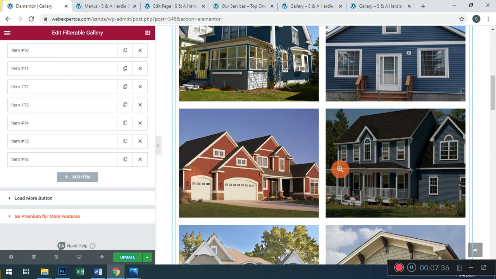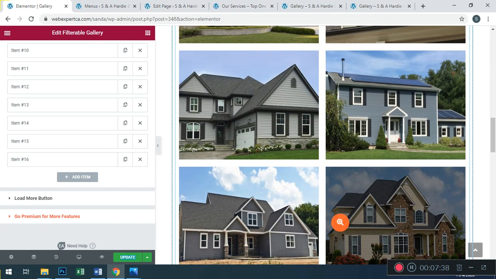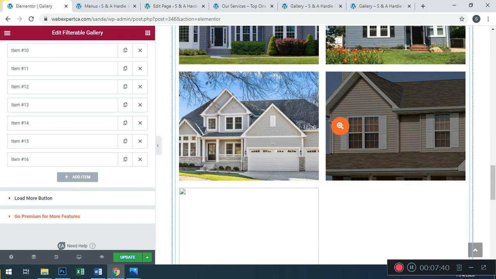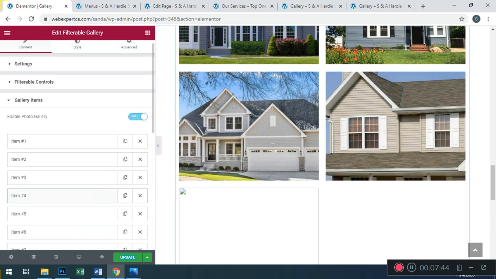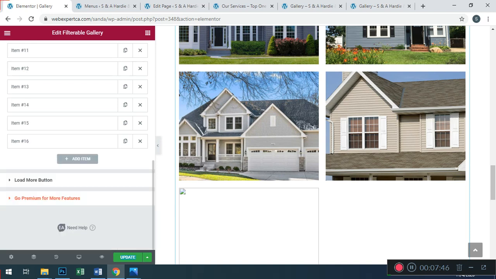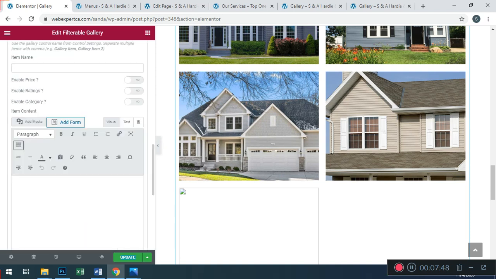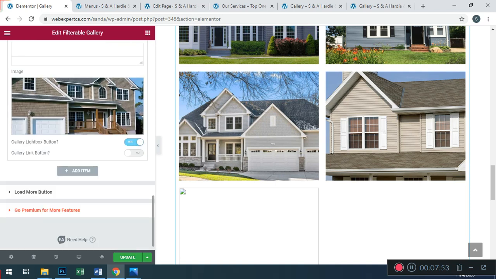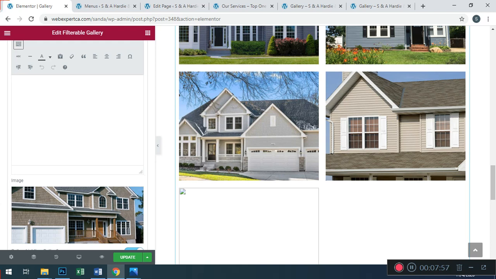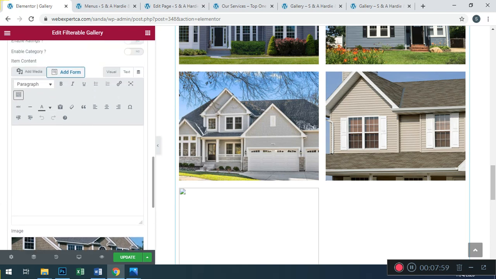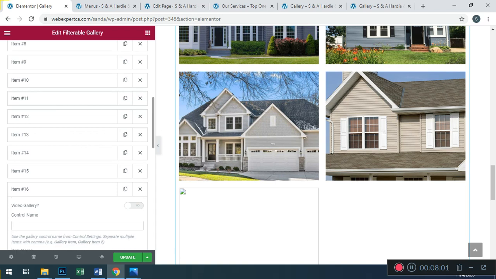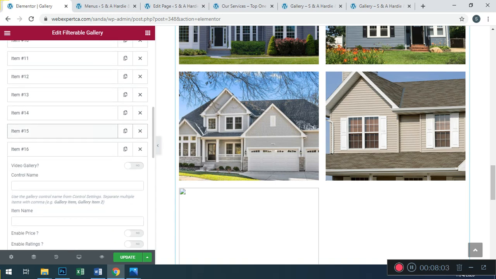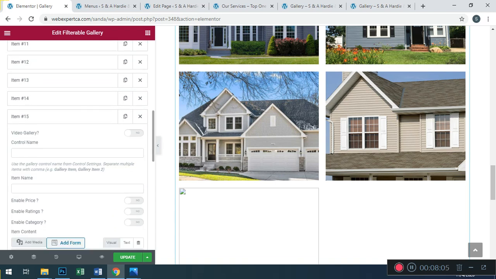Images 1, 2, 3, 4, 5, 6, 7, 8, 9, 10, 11, 12, 13, 14 show on our screen. Let's see where the error is. This is okay. Now I am going to 15.